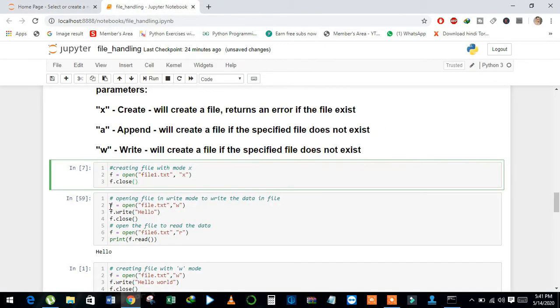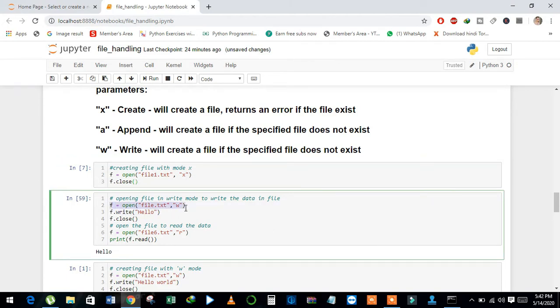Now we will discuss W mode to create the file. Let me comment this. W mode opens the file in writing mode. If the file is present already, it just opens the file, but if the file doesn't exist, it will create a new file.